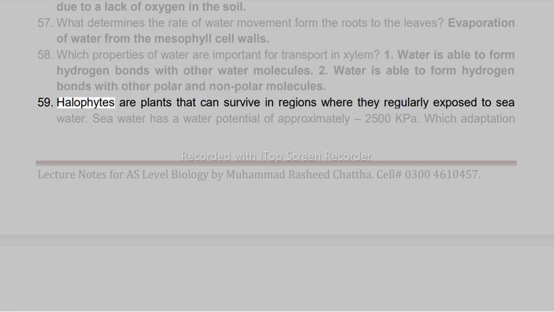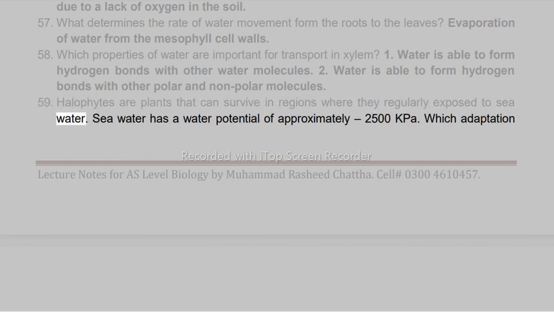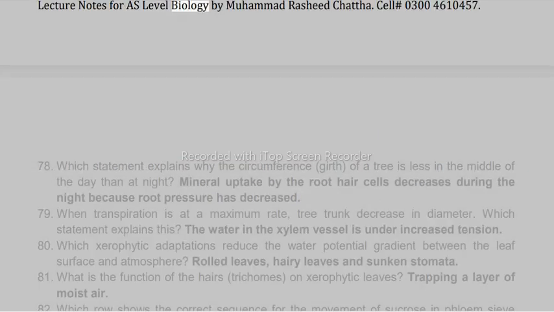59. Halophytes are plants that can survive in regions where they are regularly exposed to seawater. Seawater has a water potential of approximately -2,500 kilopascals. Which adaptation